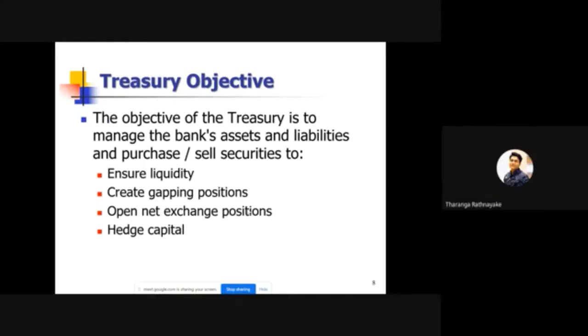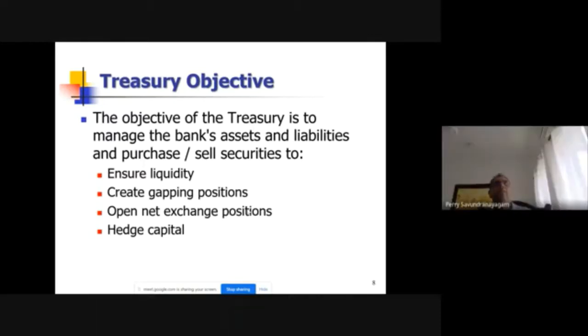Correct? Yes. Now, say, for example, we have bought dollars at 210 from a client, and the rate goes to 300 rupees. Now, is that positive or negative to the bank? We'll say from a customer perspective, we have bought dollars at 210. The client has given me a forward contract, right? Rate goes to 300 rupees in 6 months' time. Is that good or bad for the client? Technically, he's already hedged himself, but from a mark-to-market perspective, it's bad for the customer, because his revaluation on that is a loss.